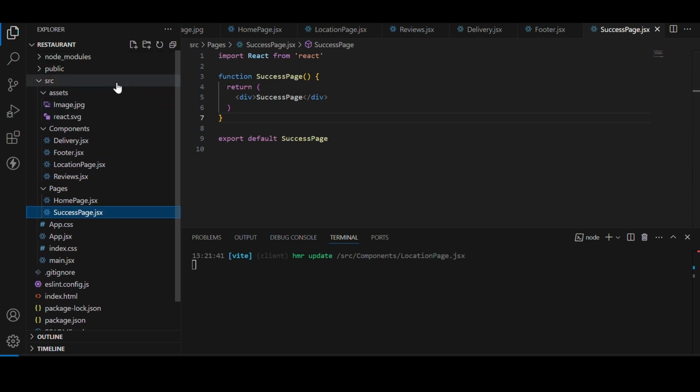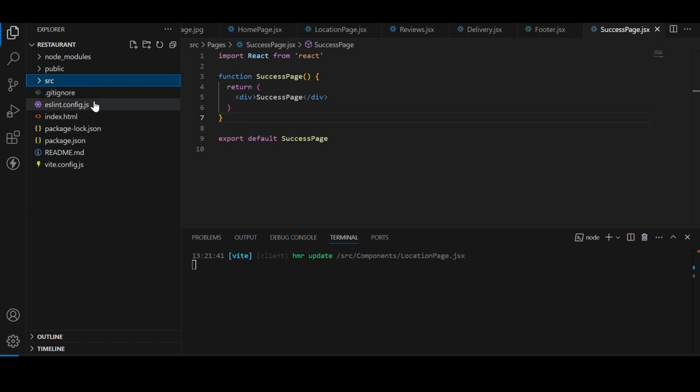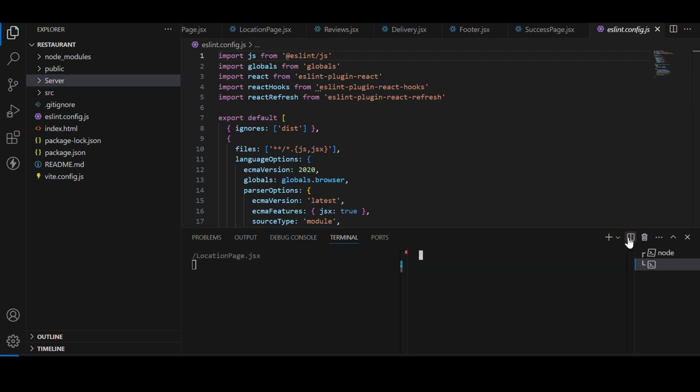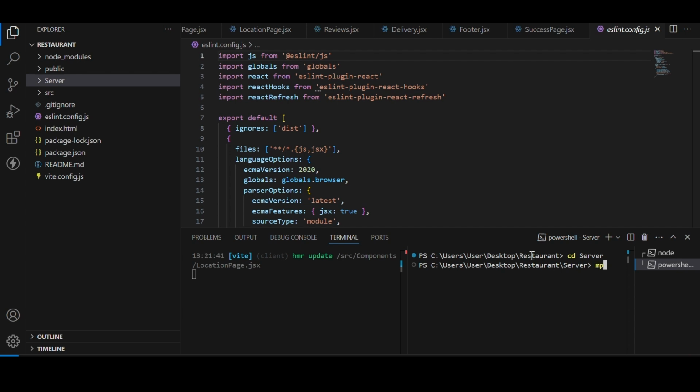First, let's create our Node application. So here I'll just say server, just like this. I will split my terminal, and I will go inside my server folder. I will create my Node.js application by saying npm init,